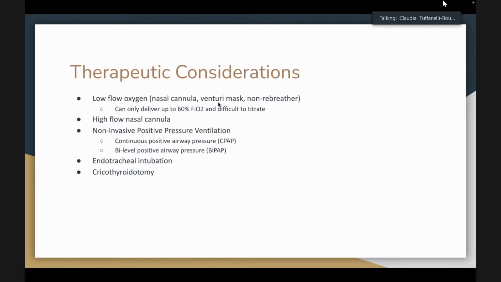So moving on to the airway and breathing portion of it, the therapy and what you can do. Aside from intubation, there's a lot of things we can try first. There's low flow oxygen. That's just putting a nasal cannula right on the nose. Usually patients will tolerate up to 6 liters of nasal cannula. You can go a little higher if you have to, if you're pre-oxygenating, but much more than 6 liters